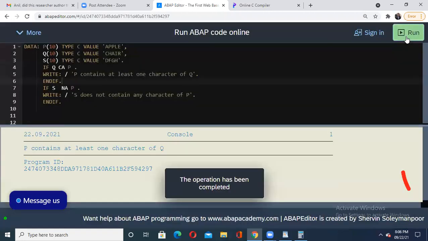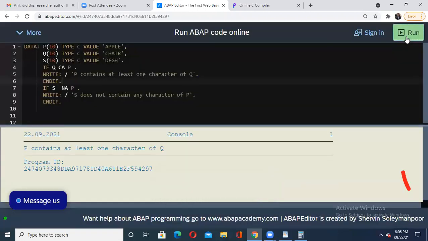Yes, see now in this first case we are getting an output as P contains at least one character of Q, and in the second case, when the result is true then we are getting that particular answer. If it is not, then we are not getting it. It means it is clear that it is not containing any character of this particular one.